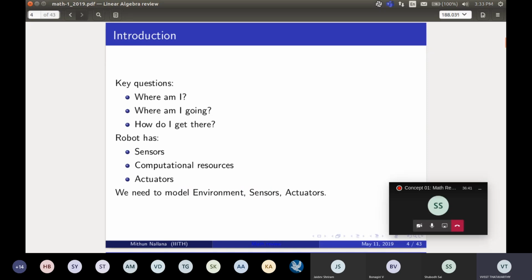For example, you represent this world as a 3D world with X, Y, Z axes, and there are different representations of the 3D world, whether you take Cartesian coordinates, spherical coordinates, or polar coordinates. Mostly we'll be dealing with Cartesian coordinates, and if required, we will see the other kinds of things.